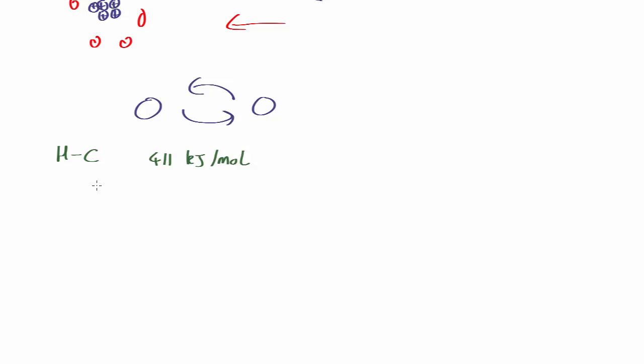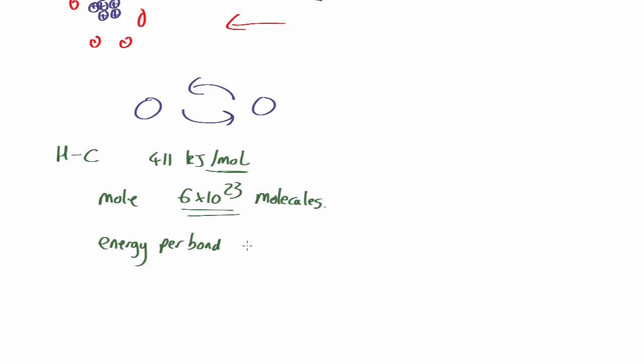A mole is, by definition, Avogadro's number's worth of atoms or molecules, which is 6 by 10 to the 23 molecules. So if you've got 1 mole here, that means you've got about this many bonds, roughly speaking. So the energy per bond is going to be roughly